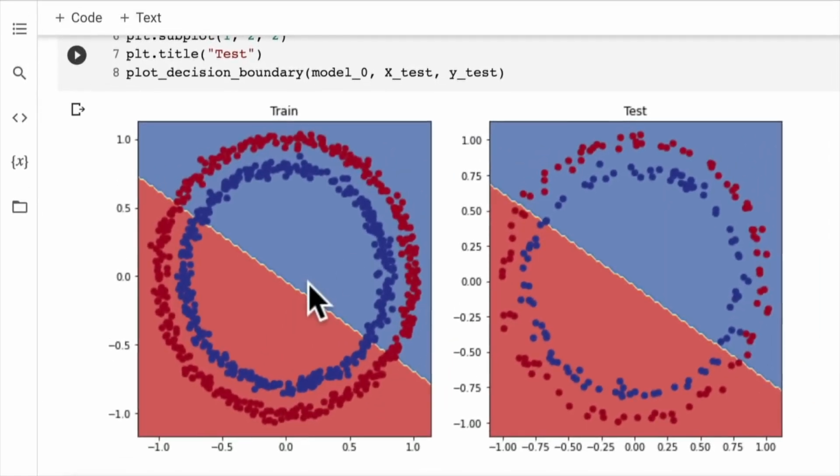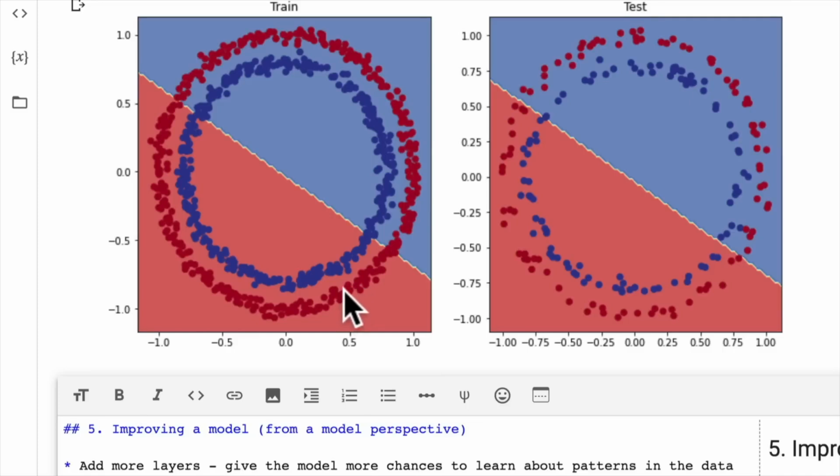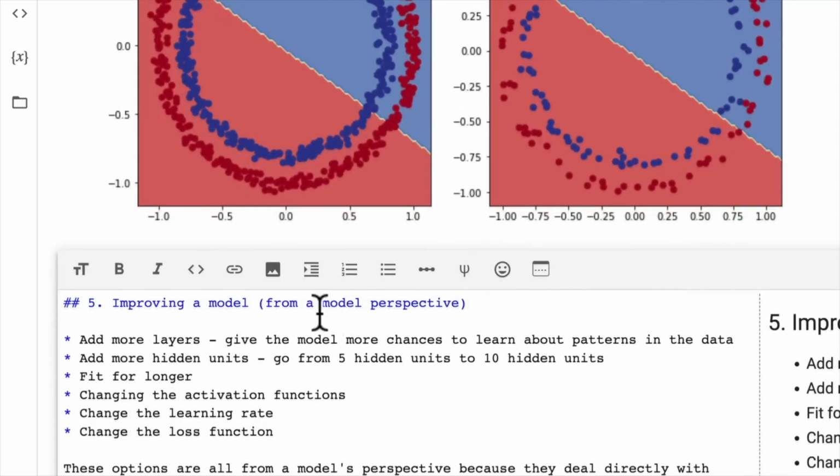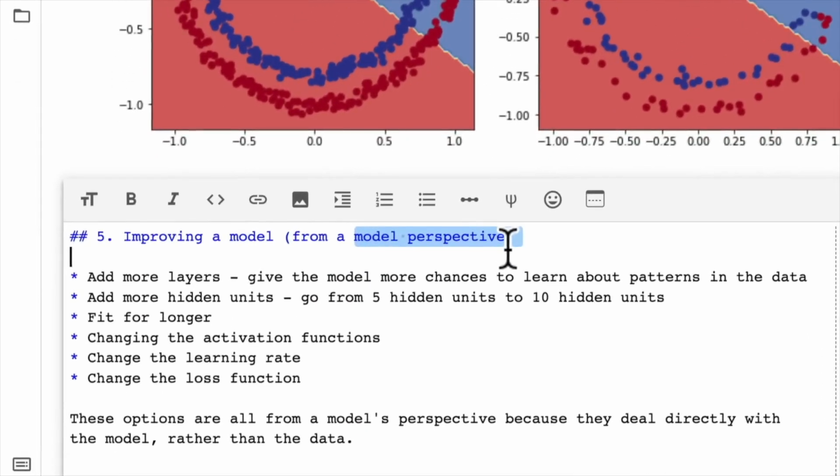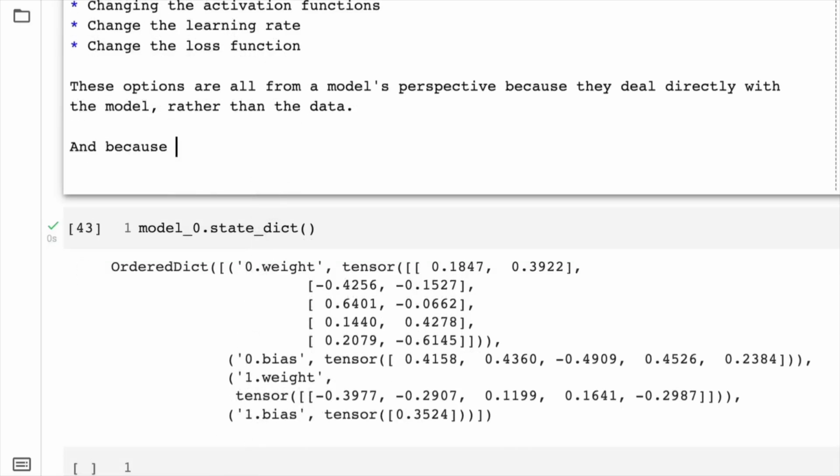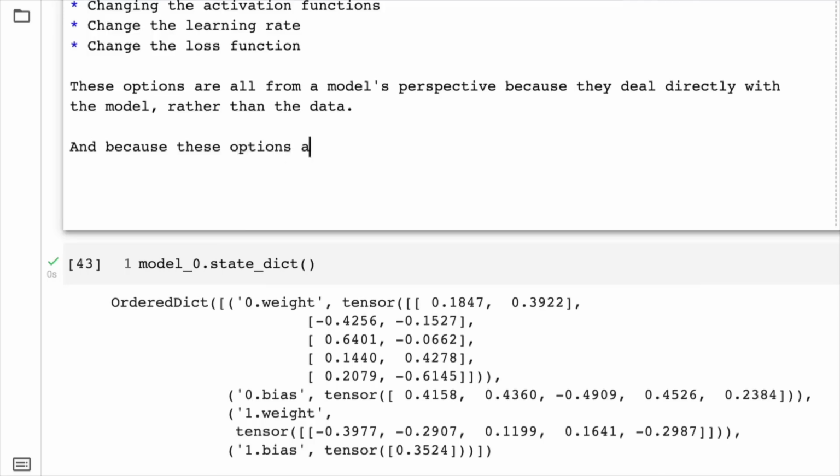In machine learning and deep learning, you may be aware that generally if you have more data samples, the model learns or gets better results because it has more opportunity to learn. There's a few other ways to improve a model from a data perspective, but we're going to focus on improving a model from a model's perspective. So, and because these options are all values we as machine learning engineers and data scientists